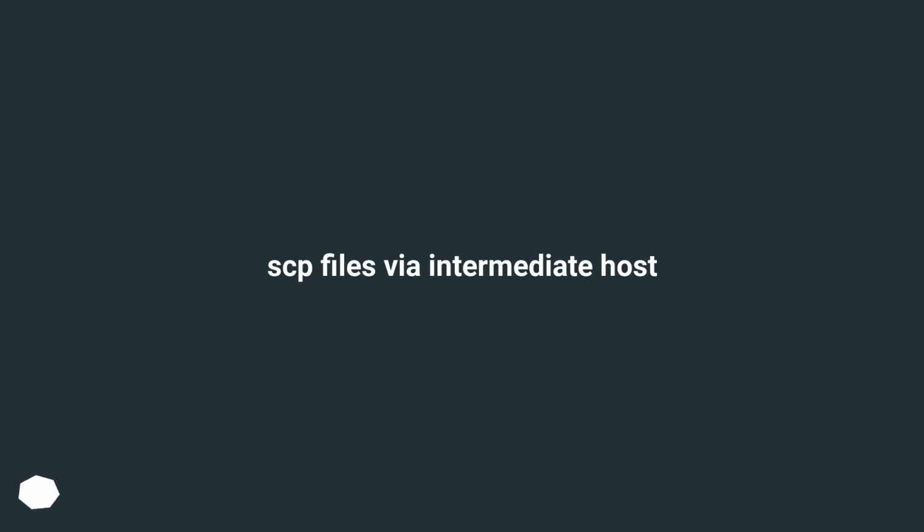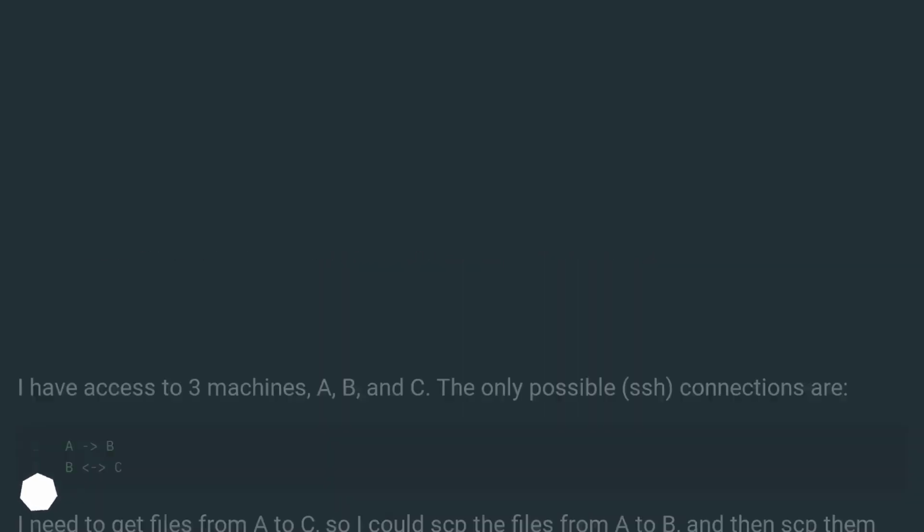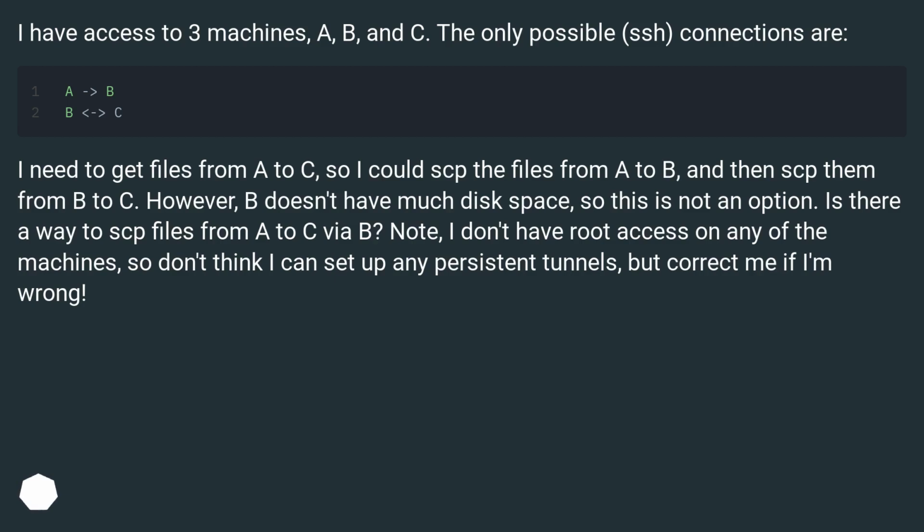SCP files via intermediate host. I have access to 3 machines, A, B, and C. The only possible SSH connections are: